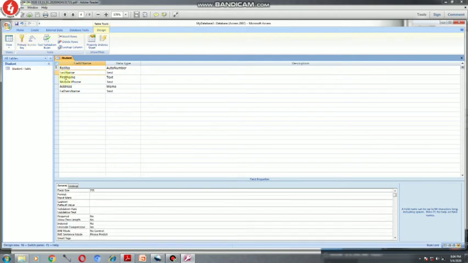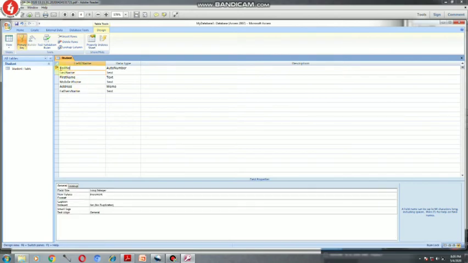That means if the key is there on the left side of any field, that field is actually a primary key. So in this table, roll number is a primary key. Now in the data type section, you can see auto number is written just on the right side of roll number. That means the type of data for roll number is auto number. Here you can change it to another type also, but I will not change any type. I will keep auto number as it was earlier. The different types I will discuss later.